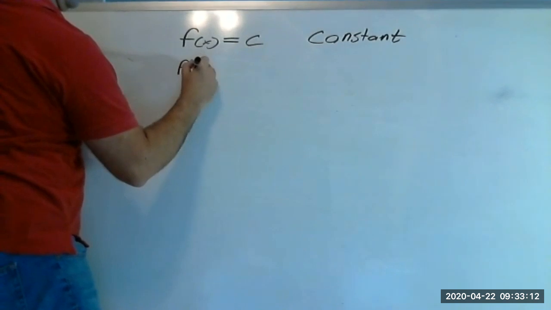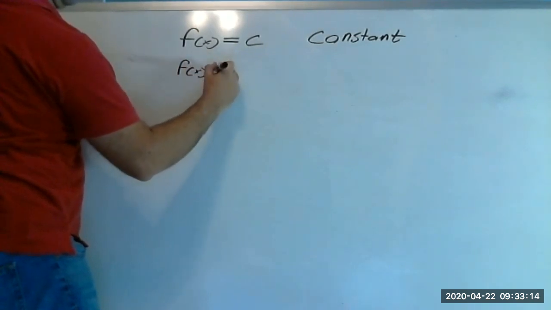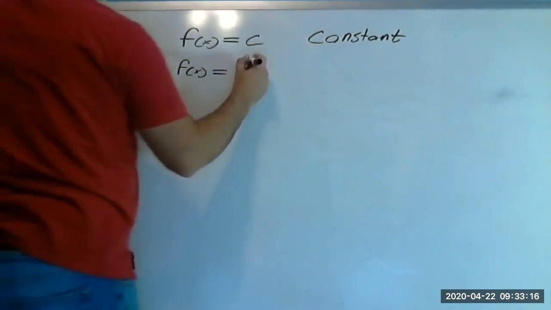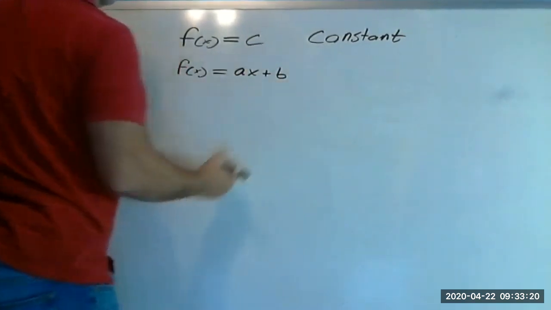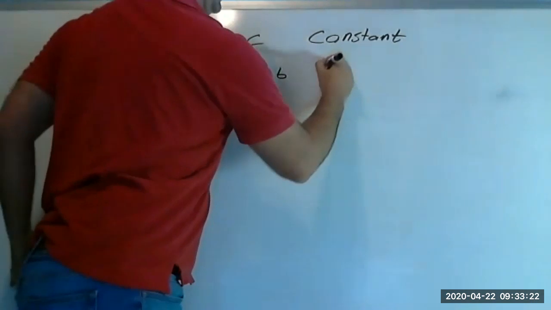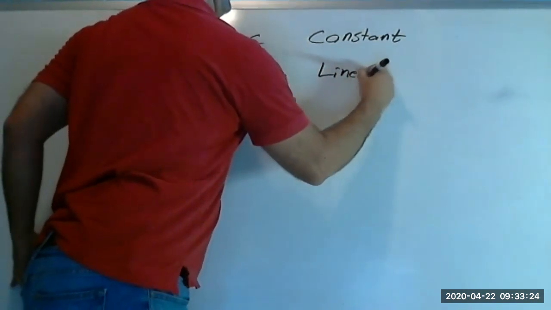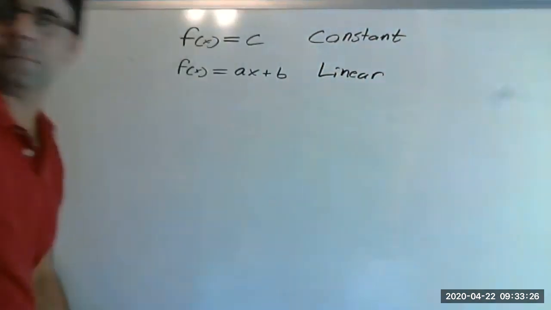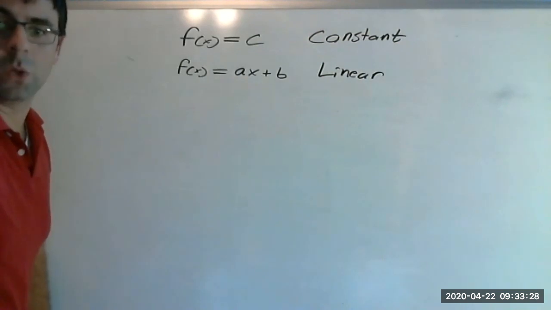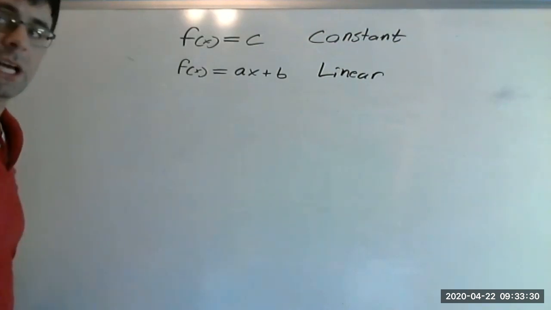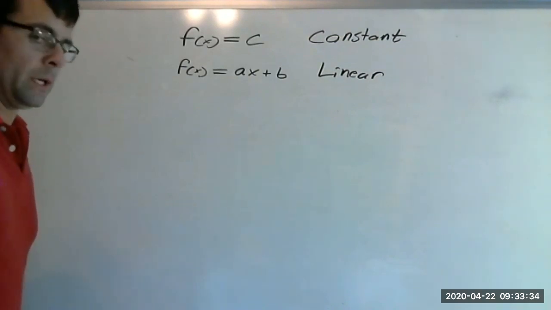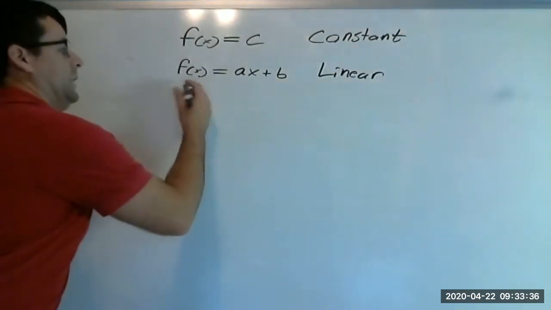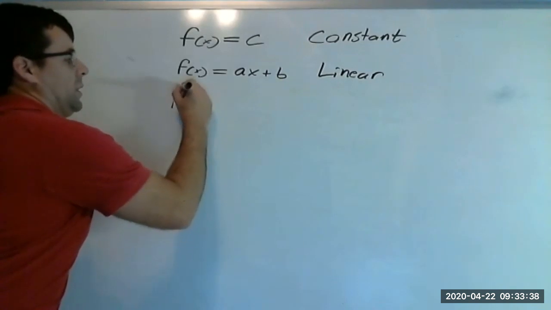And we talked a good bit about linear functions. So these are just the equation of a line, nothing too crazy about those. And so kind of last, we're going to talk about